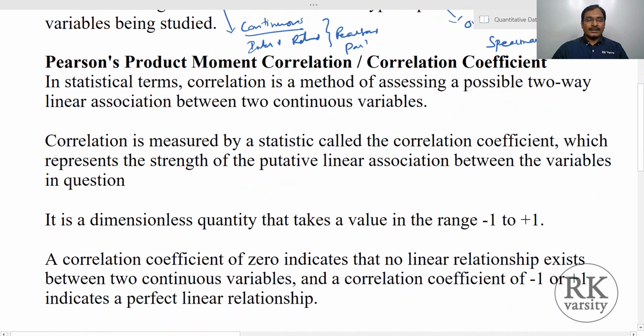Now in statistical terms, correlation is a method of assessing a possible two-way linear association between two continuous variables. So in Pearson's product moment correlation, we look at continuous variables, measured on an interval or a ratio scale.